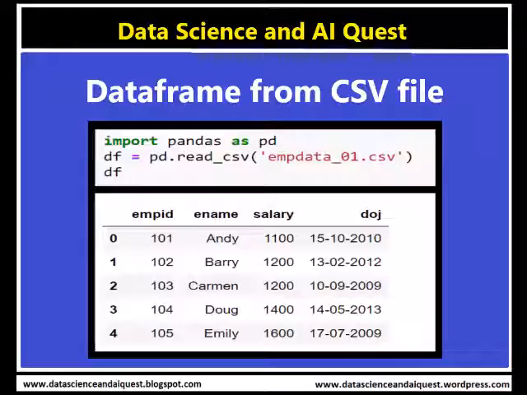So this we do by calling upon the data frame object. This data frame object has the pandas instantiated object, and upon it we call the read_csv function, and within that function we pass the file name as a parameter. So we call upon the data frame object, and then we are able to view all the listed items present in that data frame.